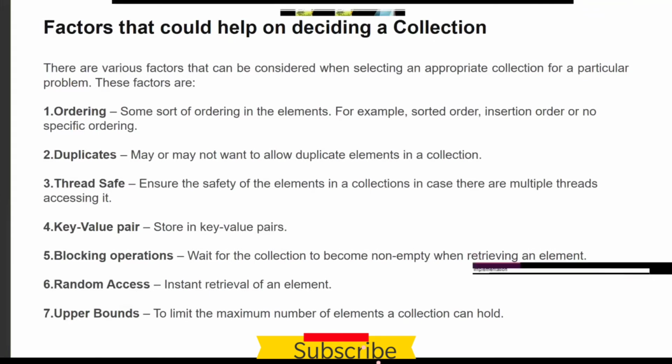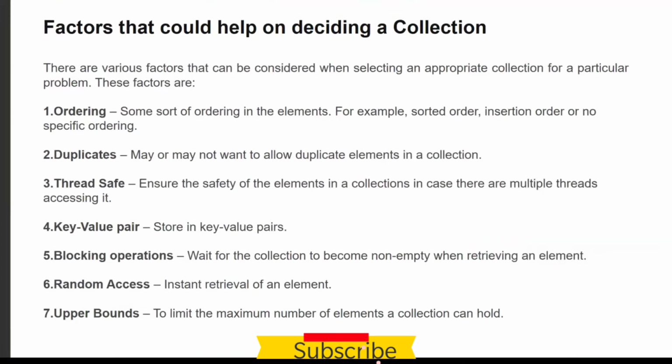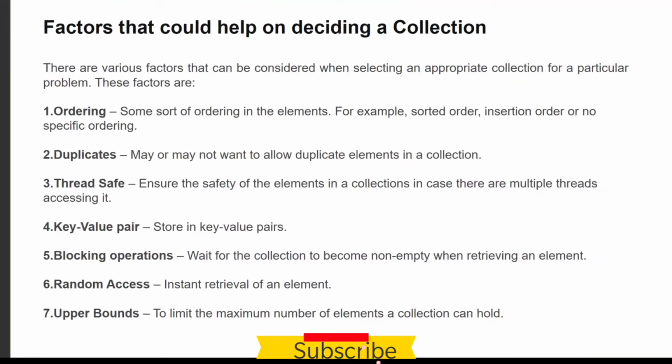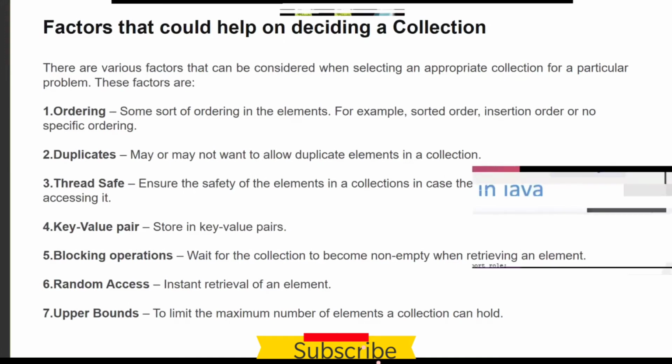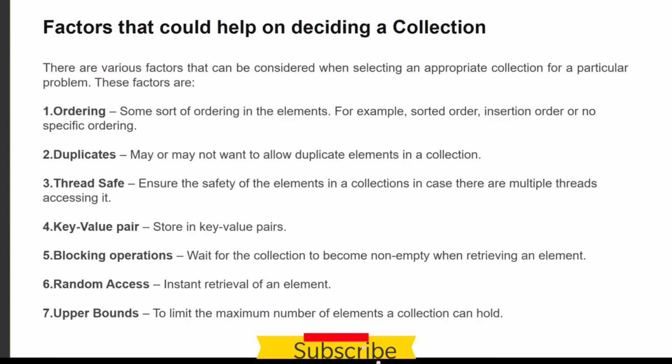Now here my point is we need to choose a collection carefully. Okay. Choose a collection before going to write your service. You need to decide a collection. Why I need to choose an array list, why I need to choose a linked list, what happens if I choose an array list over a linked list, what happens if I choose a linked hash set over a hash set, or what happens. So these questions we need to think ourselves. I will tell you one by one.